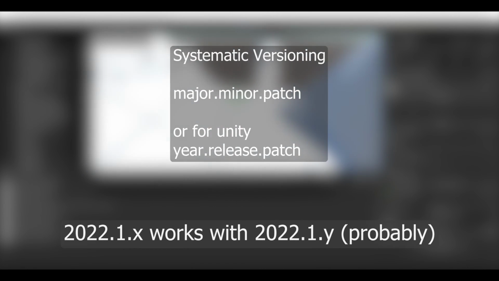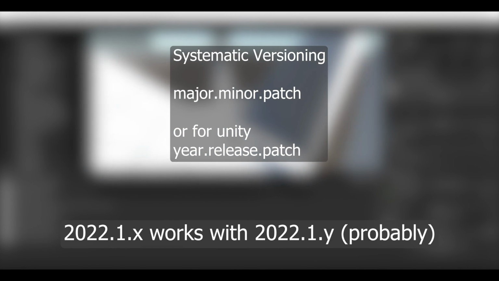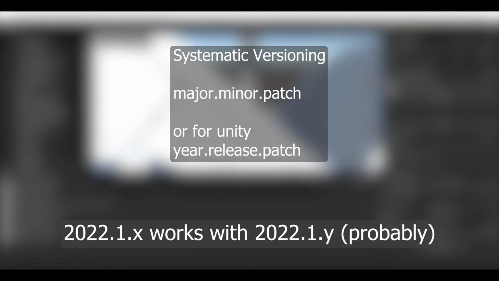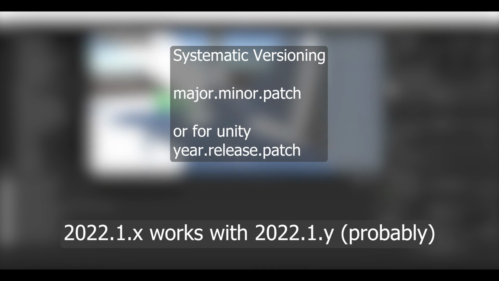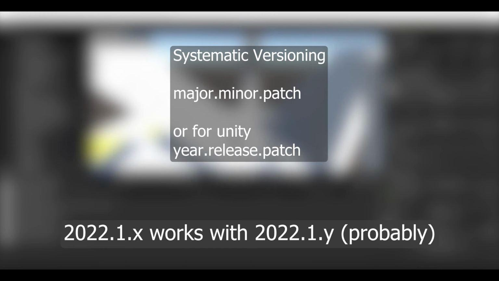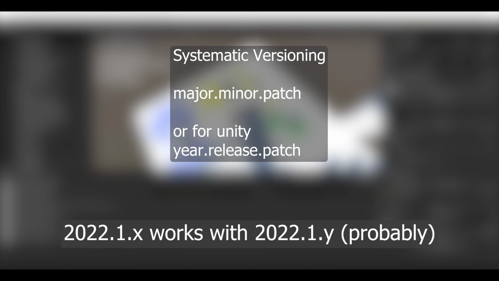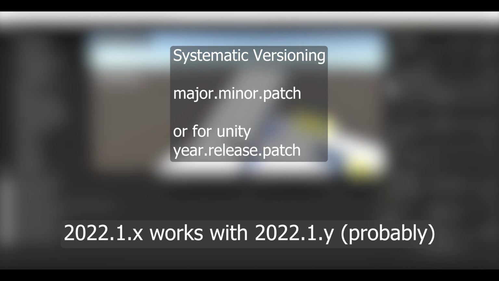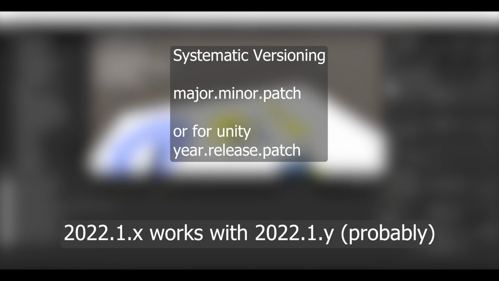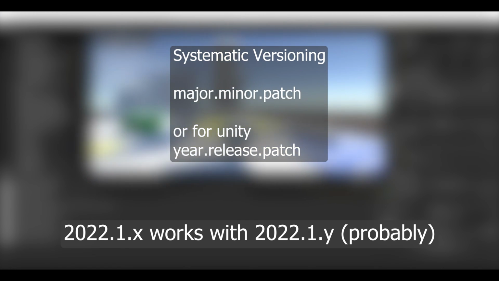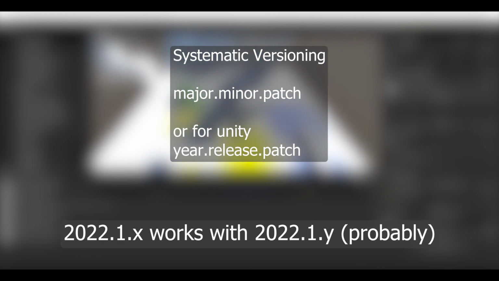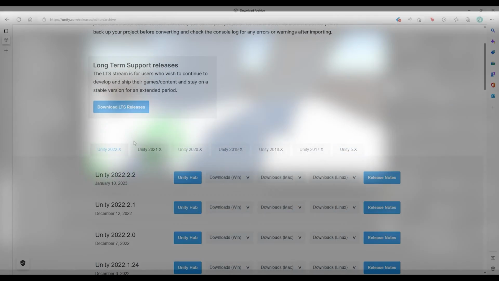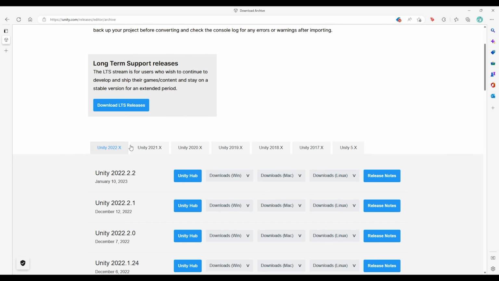If you're not already familiar with the way that systematic versioning works, the first number is the major version, then .minor, then .patch. Unity likes to use the year of initial release as the major version, so versions of the same major and minor are generally compatible, like 2022.1.1 is probably compatible with 2022.1.2. There is a Unity Hub link associated with each version,